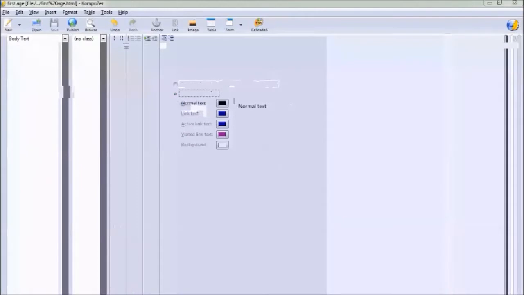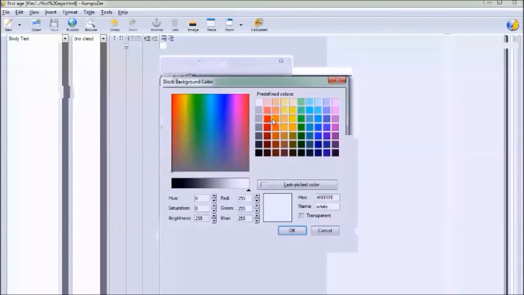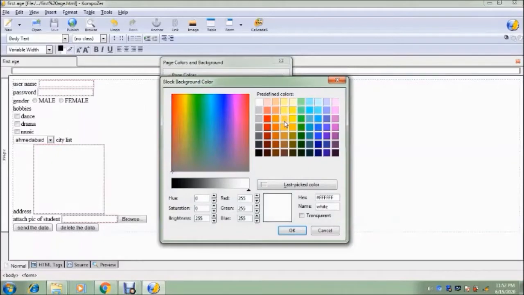Okay, as I had displayed this screen earlier, select use custom color, and at last you can see background. Click on this white color, select the color of your choice. Say for example I am selecting this light color.